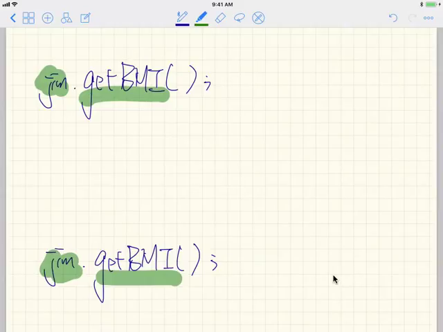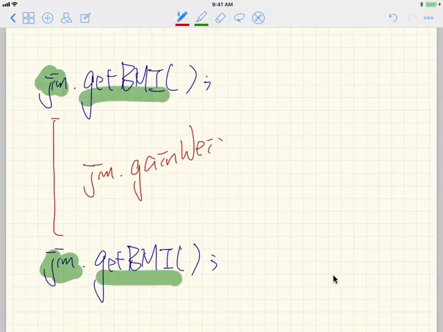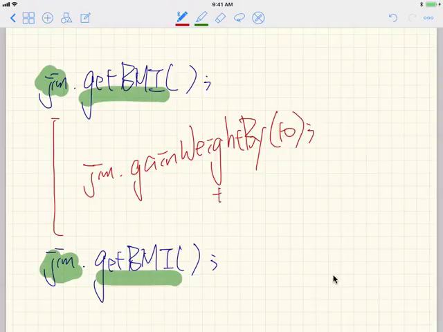So now, in the middle, if you try to do Jim.gainWeightBy(10), what this will do is Jim.weight is increased